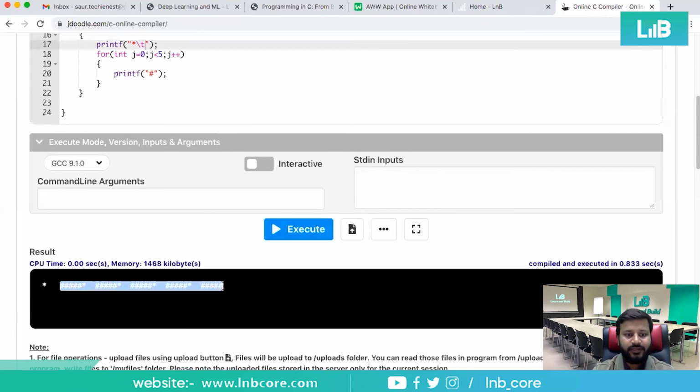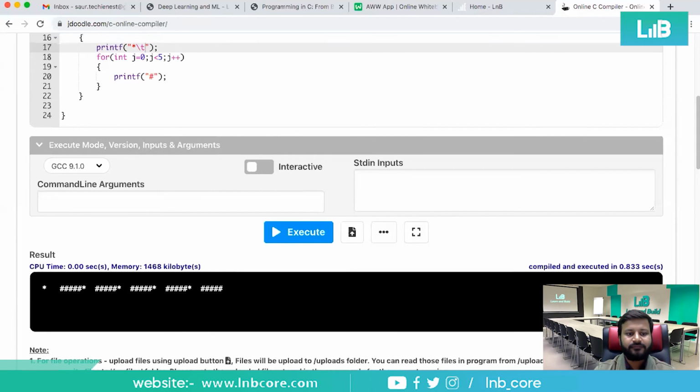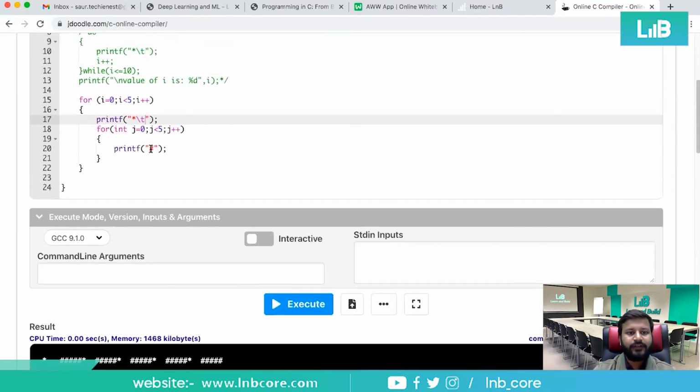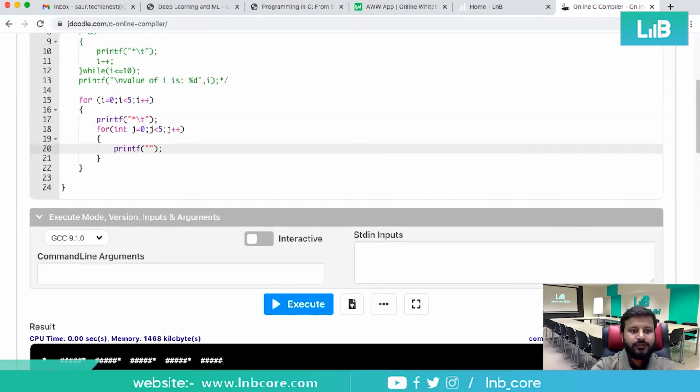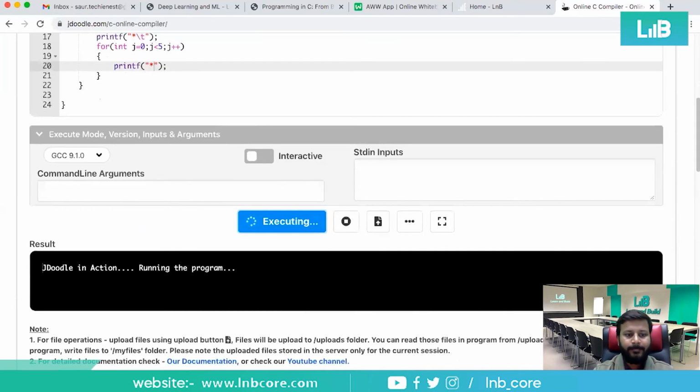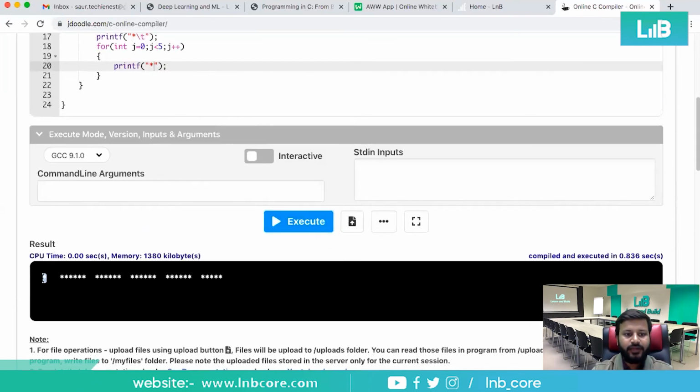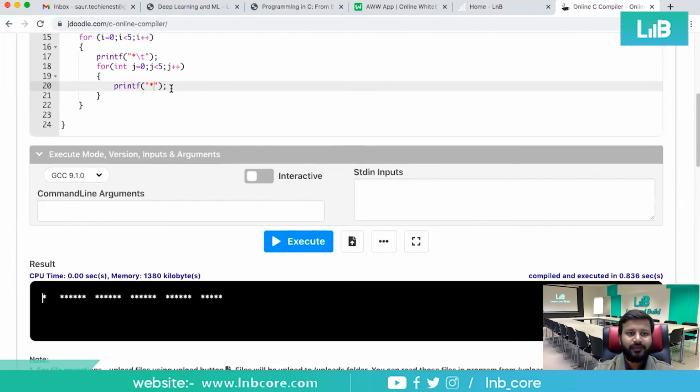See, this is the series which we are getting. Now, instead of this, if I use star, what will happen? 1 star and then 5 stars. But this is also a star, so again this is the combination, and this is how the series is becoming.